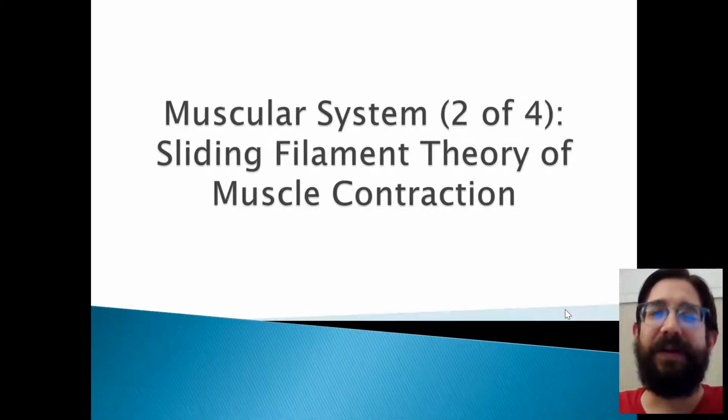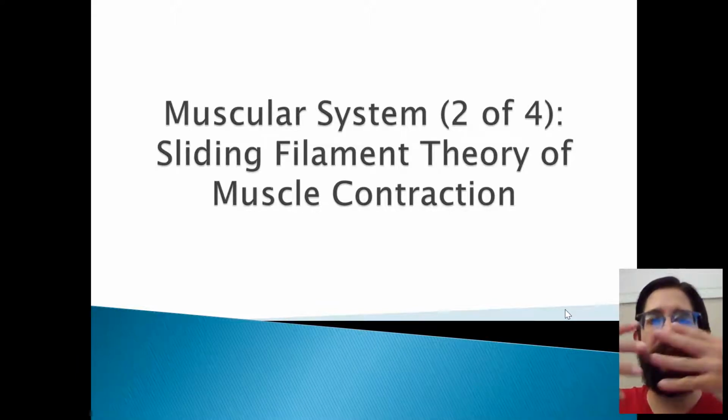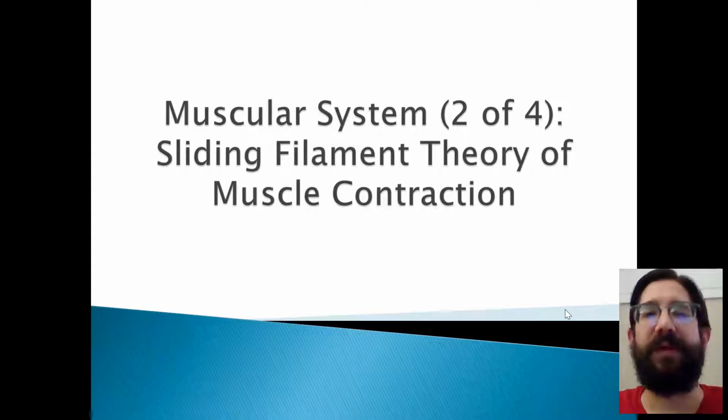The sliding filament theory of muscle contraction is a theory that proposes that our muscles contract when some filaments slide over each other. And when I say it's a theory, I don't mean it's a theory like my theory about